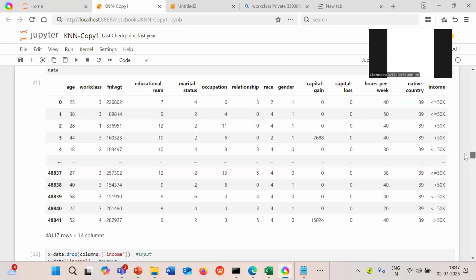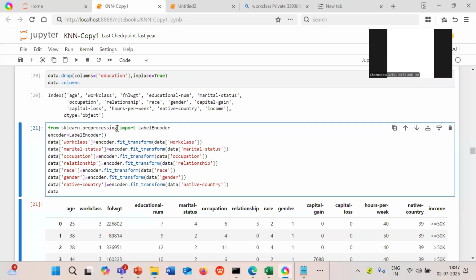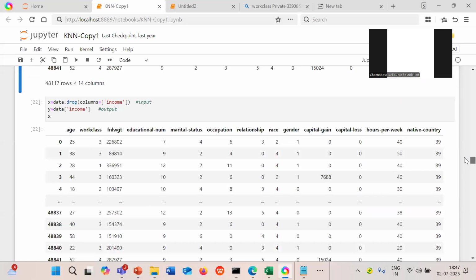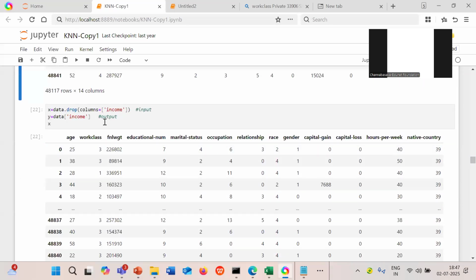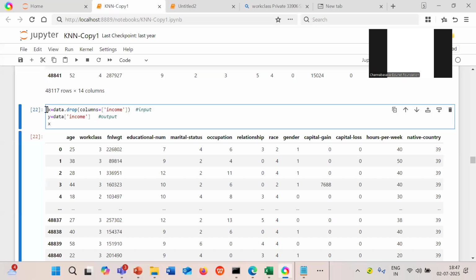Okay. So after this label encoding, students, you have to divide the data set into two. One is the input variable, another one is the output variable. The input variable will have 13 attributes. The output variable will have only one column, that is nothing but income. Okay.